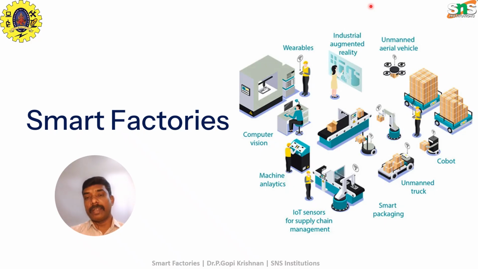We can see the picture here which has a number of components collectively taken in the given manufacturing scenario, which are called the subsystems, which when combined together can be called a smart factory. These components are attached together and they have communication between each other, and when all these components are working efficiently to bring the product into a very efficient one, then the factory can be collectively called a smart factory. So we can see the examples such as wearables,